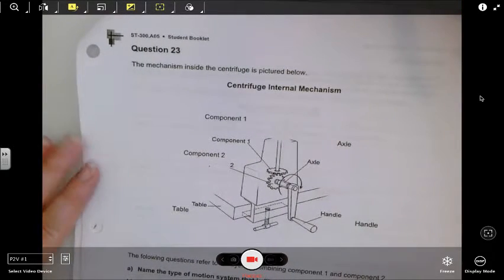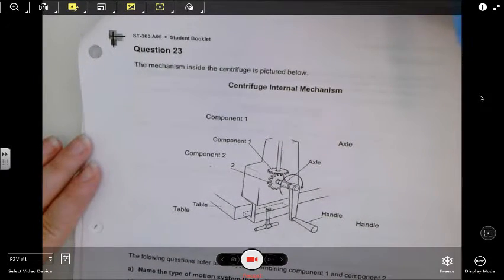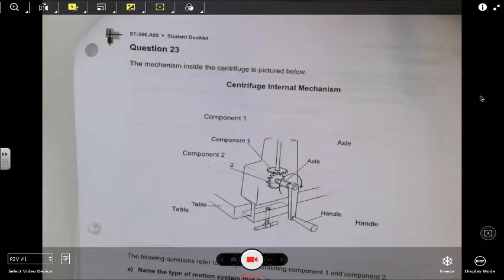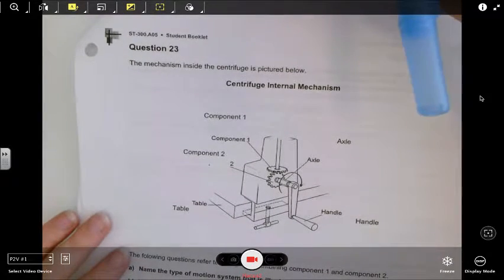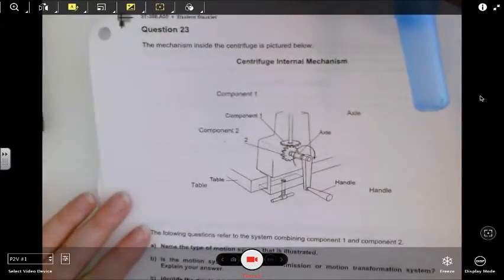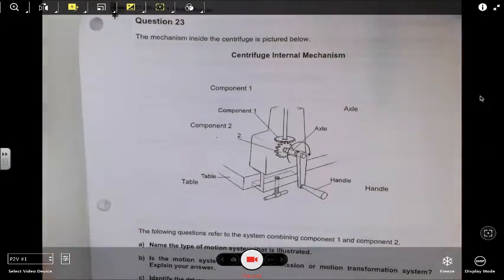So I know in your math exam, part C always seems like the most massive and overwhelming part. In science, it's part B that you have to do the most writing. And then part C, you're just analyzing some kind of tech object. So it shouldn't be that tricky. It's just figuring out what's going on with whatever object they've given you.